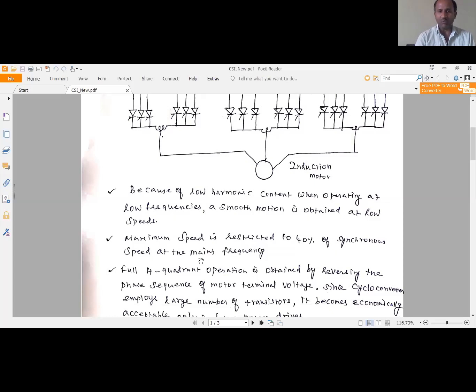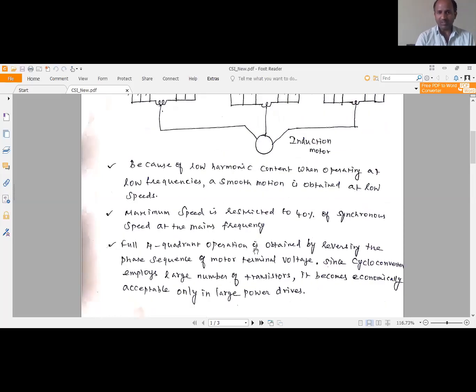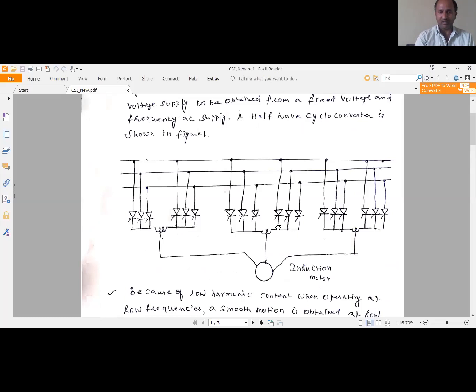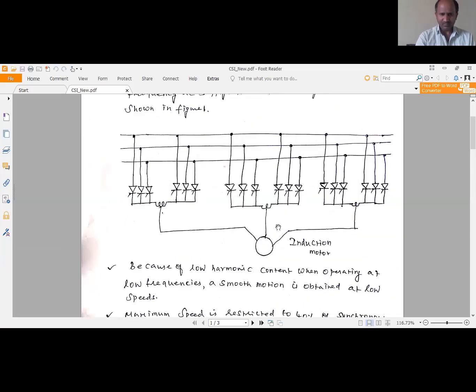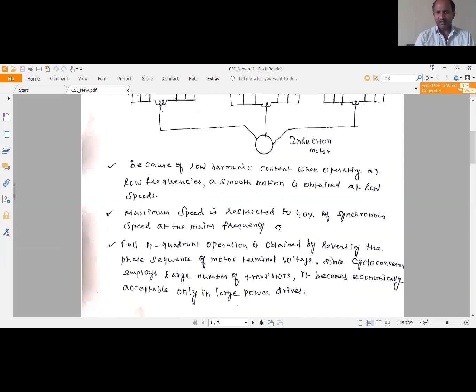And here, the 4-quadrant operation. You know that 4-quadrant operation means forward motoring, forward braking, reverse motoring and reverse braking operation. How is the 4-quadrant operation obtained in cycloconverter control? By reversing the phase sequence of the motor terminal voltage.